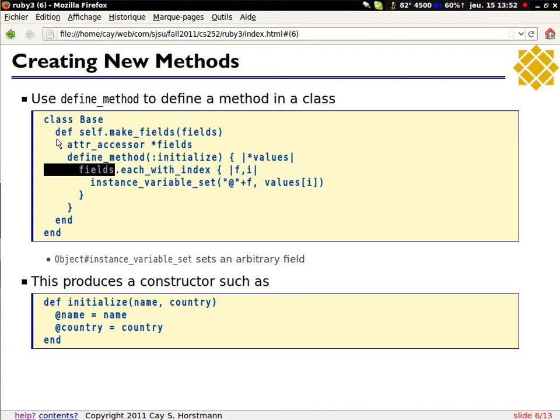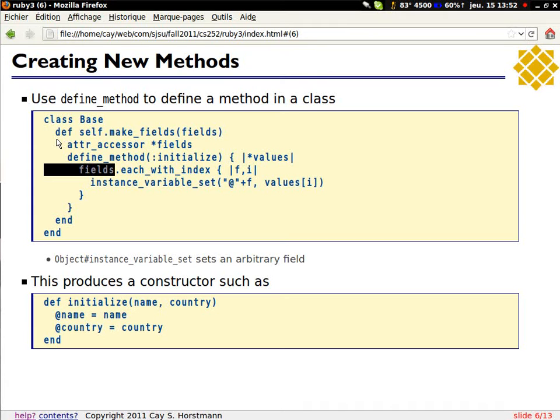Now, instance_variable_set is another method that's part of the meta library. I'm constructing the name of the instance variable by adding @ plus the name of the field, and now I can set it with this constructor. What I've just done here is I've defined a constructor. Maybe I should just show how to use it.